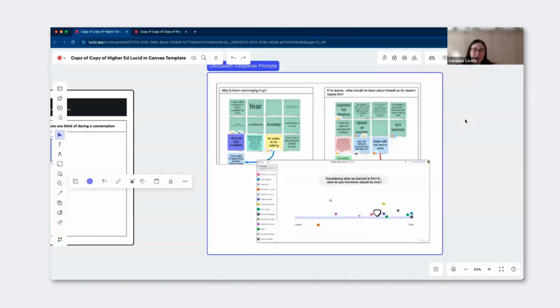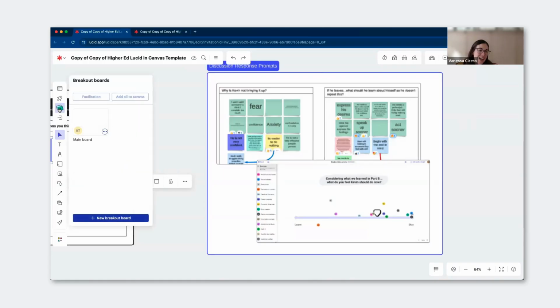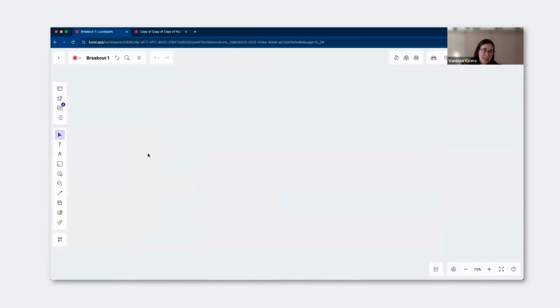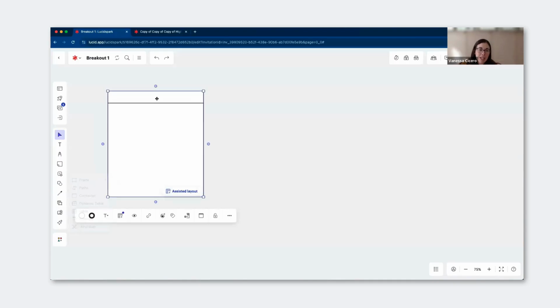So what he likes to use are the breakout boards inside of Lucid Spark. He will create and add a new breakout board. So each group will get their own breakout. He goes into each of the breakout board sections and he gives them a guide of what he wants them discussing. So, for example, he might pull out one container and he'll label it,